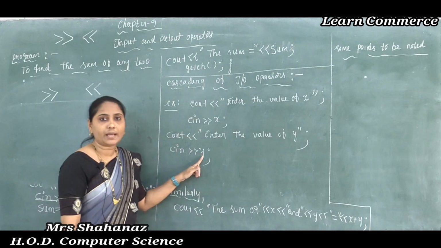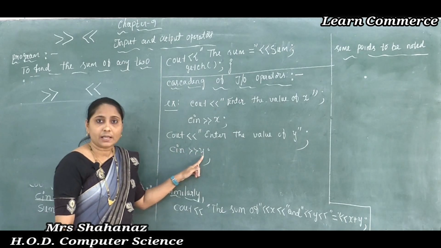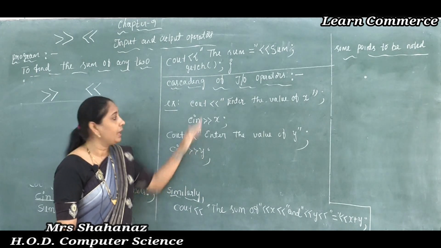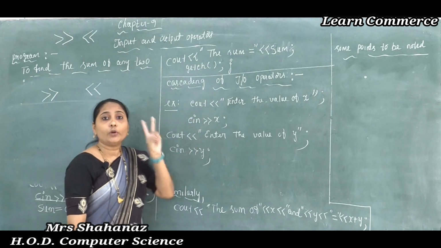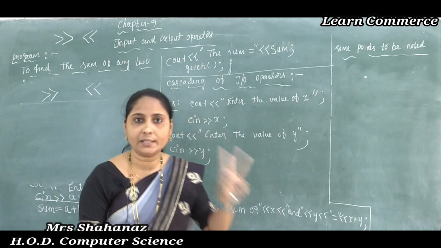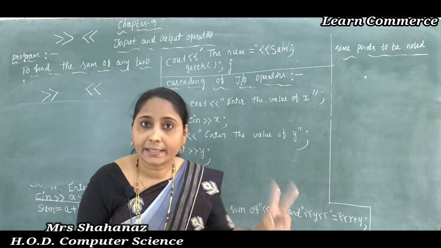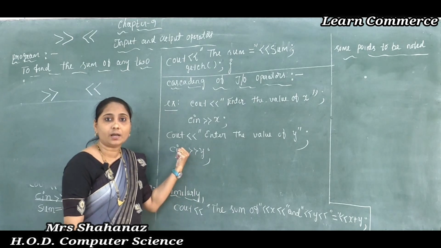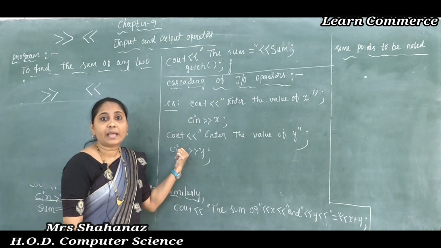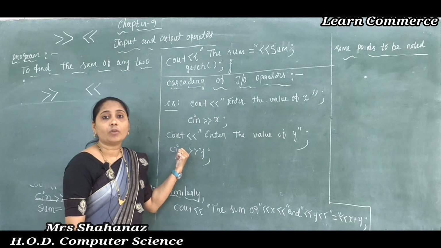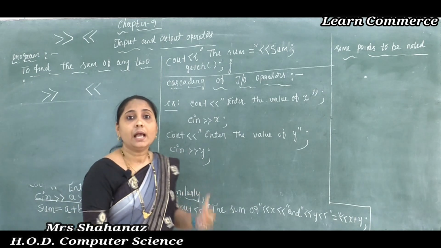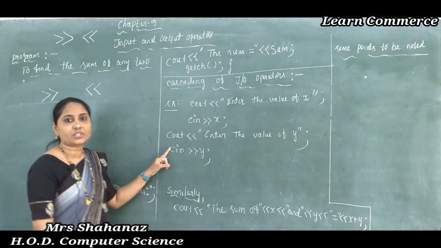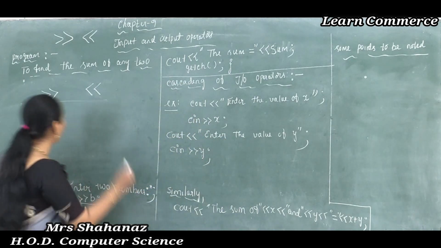So here we can see that instead of this, I wrote this cin statement twice. How many times did I write this cin statement? Twice, correct? Two times. So instead of using this cin statement twice here, very easily we can use a single cin statement using the multiple stream extraction operator. So how do we need to write here?